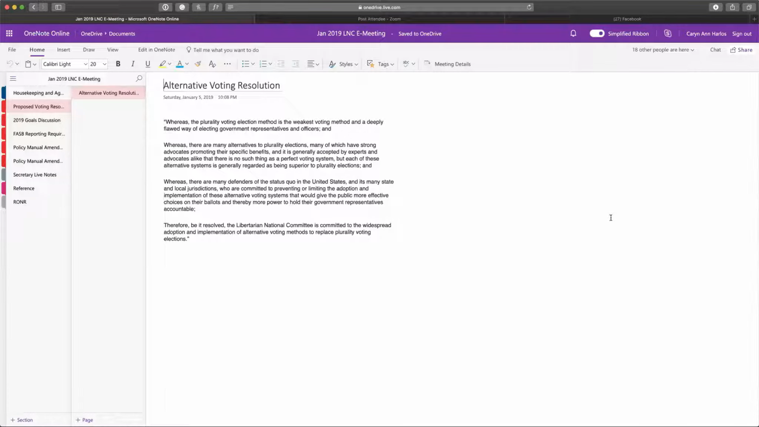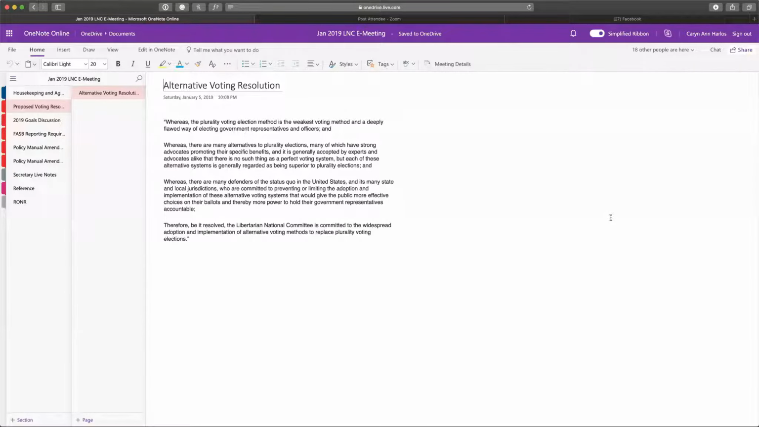Whereas the plurality voting election method is the weakest voting method and a deeply flawed way of electing government representatives and officers, and whereas there are many alternatives to plurality elections, many of which have strong advocates promoting their specific benefits, and it is generally accepted by experts and advocates alike that there is no such thing as a perfect voting system. But each of these alternative systems is generally regarded as being superior to plurality elections. And whereas there are many defenders of the status quo in the United States and its many state and local jurisdictions who are committed to preventing or limiting the adoption and implementation of these alternative voting systems